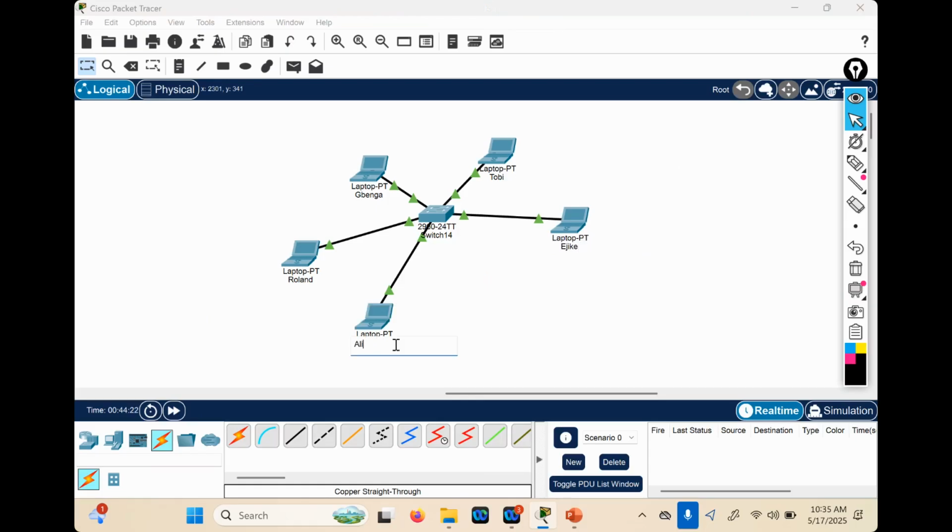Why am I naming them? It's a good practice. But most of the time, we don't name computers in the network. I'm done naming all these computers. Now, the next thing I want to do is network these people together. Where will they be getting their IP addresses from? I need to decide. I'm the network engineer. I've decided to give them